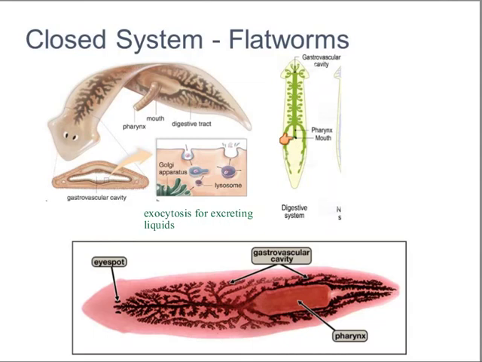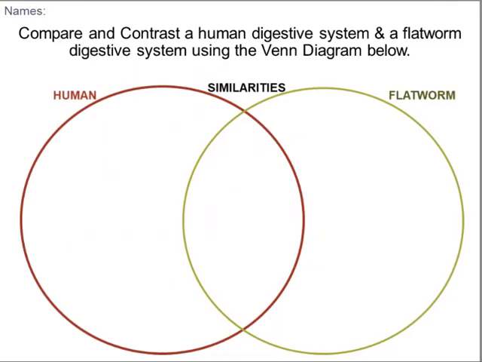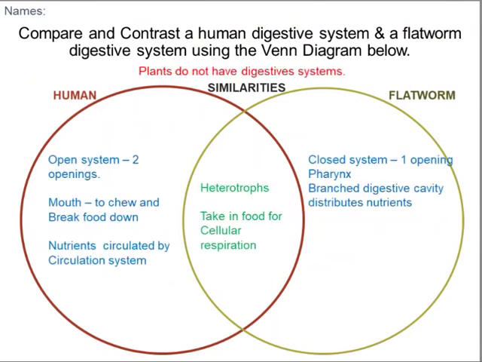All right, so the mouth would be the end of the pharynx, which is where the food is stored, and then the gastrovascular cavity distributes everything throughout the organism. You might want to take a snip of this. It's probably going to show up in some form on a test when we compare the digestive systems of humans